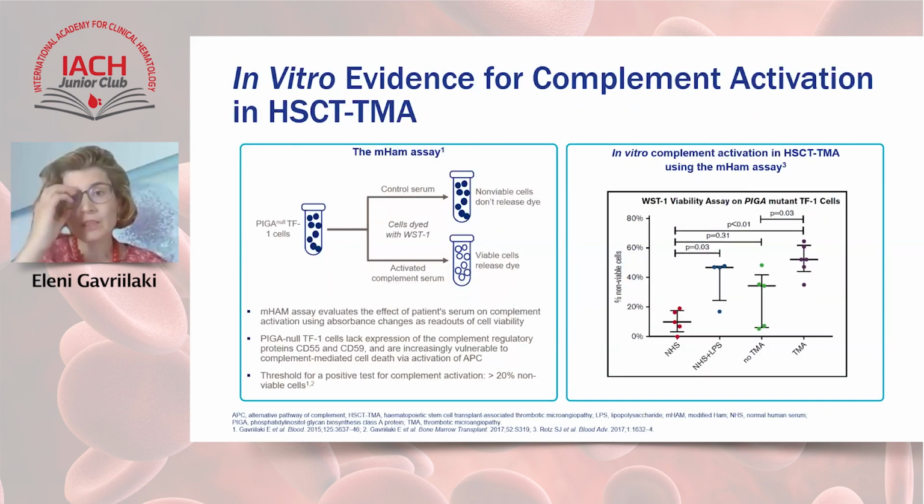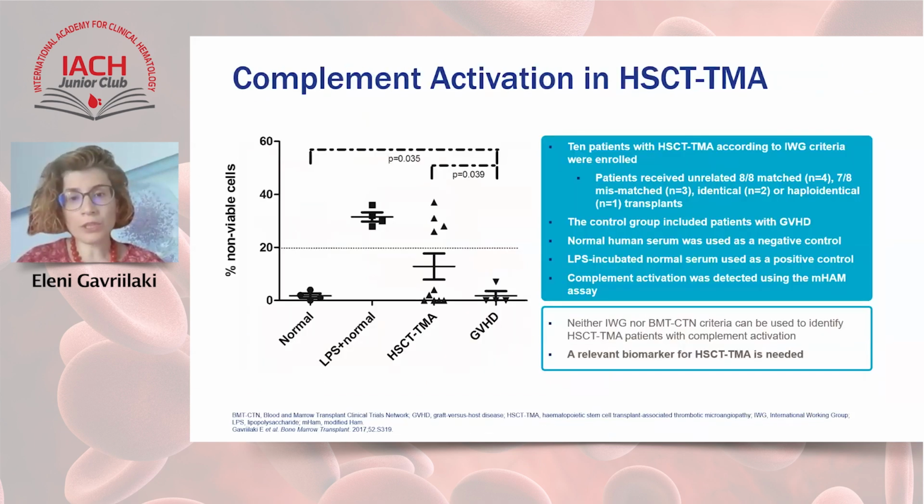So we tried to provide evidence. I will not go into details into all the assays, but we all know that it's hard to detect in vitro complement activation. But we tried to provide a functional assay to just say if a serum of our patient is activated or not. And this is a simple assay that we have described as the modified Ham test. And now the Hopkins lab is also describing a new assay that does not even need the cell line, which we hope that we can all use in the future. So by this assay, we found increased complement activation in the serum of some of our patients with HSCT TMA, and that is why